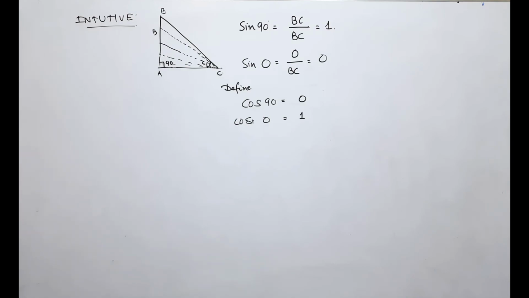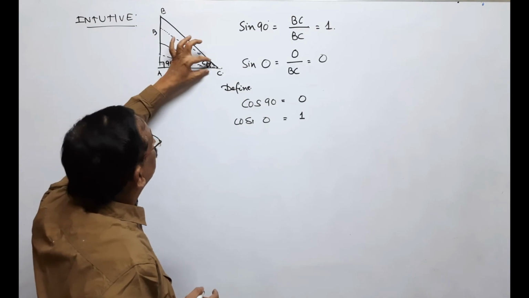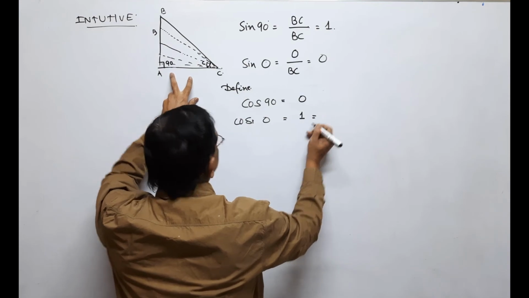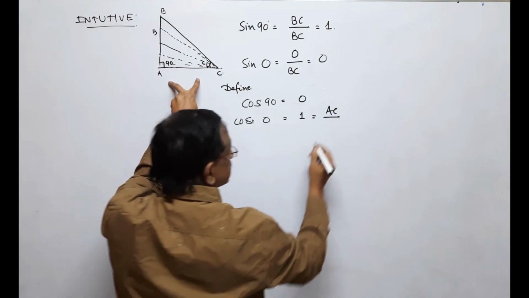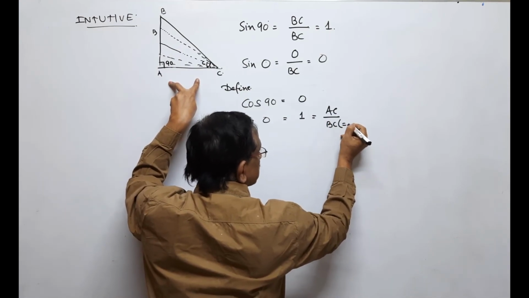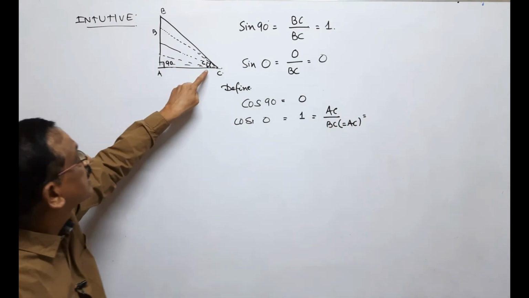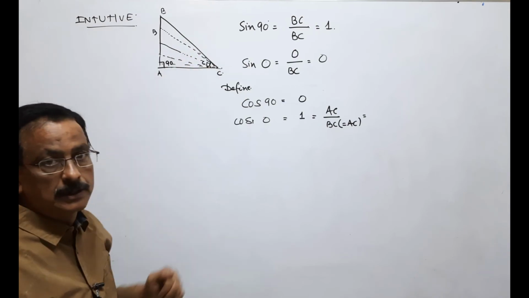Sin 0 is the same as cos 90, and cos 0 is the same as sin 90. This is what we have so far, and this is a very interesting property. How do you calculate cos 0? When this angle is becoming 0, cos 0 is adjacent side by hypotenuse. Hypotenuse BC has become AC, so AC by AC is 1. In the same fashion, if I want to write down cos 90,